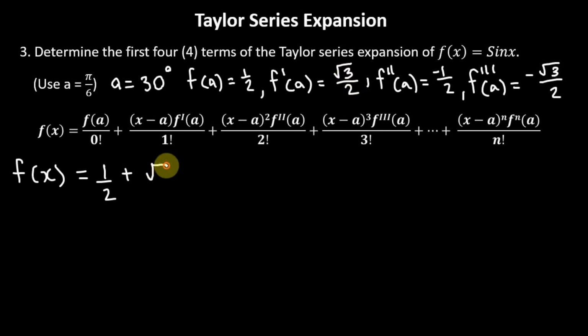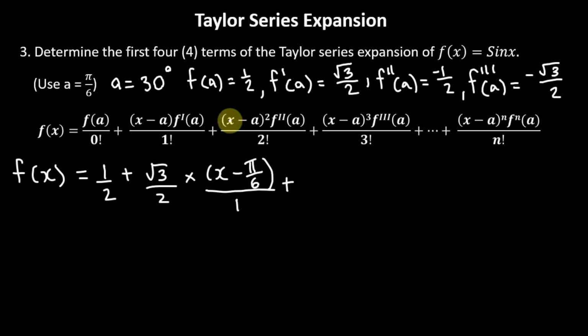So we'll have root 3 over 2 times the bracket here, x minus a, and we'll just replace a with the a value that they gave us, pi over 6. Of course, this is the same thing as 30 degrees, but we'll just use back the value that they gave us. We'll put it back in radian form, and we'll put this over 1 factorial, which is 1,